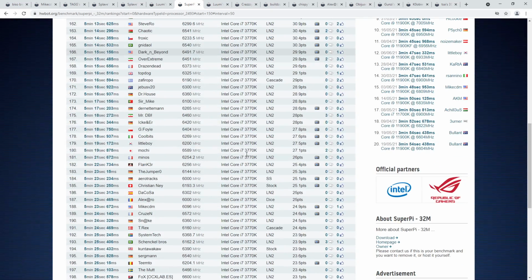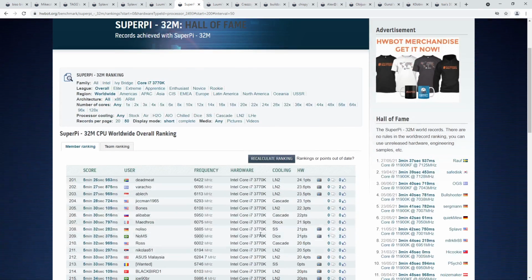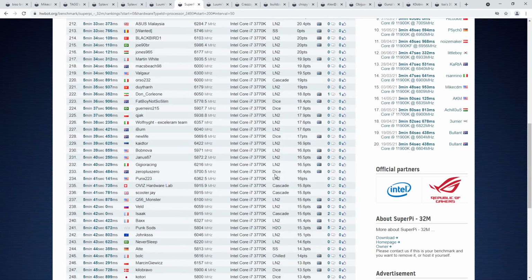It goes on, and there are some cascade cooling systems over here. Depending on the cascade, those can go down to minus 100 or even less than that. Actually, I think I've heard of a 4-stage cascade that ran liquid nitrogen as the final stage. At that point, you could probably consider that LN2 as well. But yeah, a lot of sub-zero